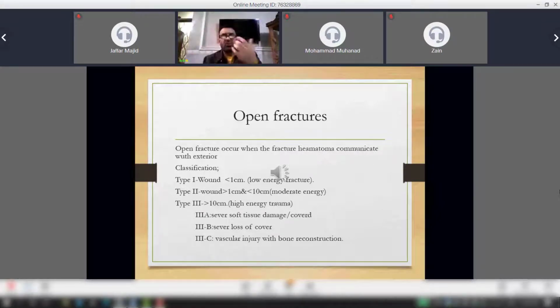يعني إحنا بنيجي على الجاستيلو for open fracture classification اللي هو التايب 1 2 3. دائما نقسم البوليت انجري حتى إذا كان الووند يعني أقل من سنتيم، هذا استثناء. It is an exception for the bullet. Even a wound less than 1 centimeter is considered to be type 3. ولذلك جبت لكم الكلاسيفيكيشن هنا. So bullet injury is considered to be type 3 whatever the size of the wound.